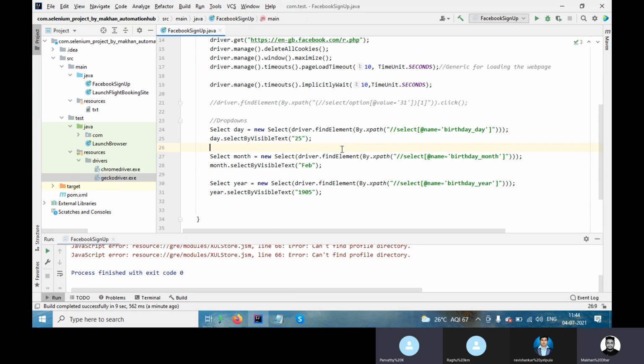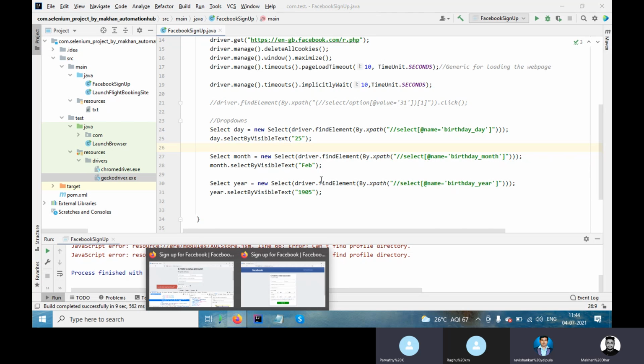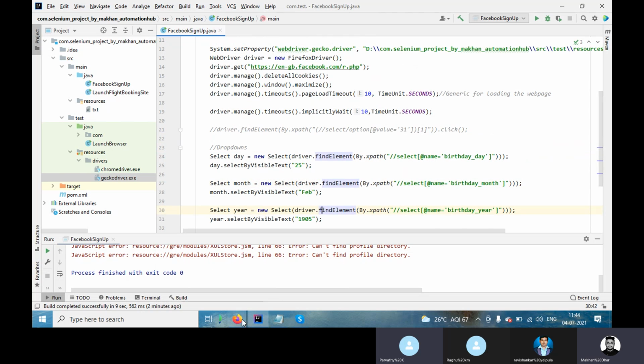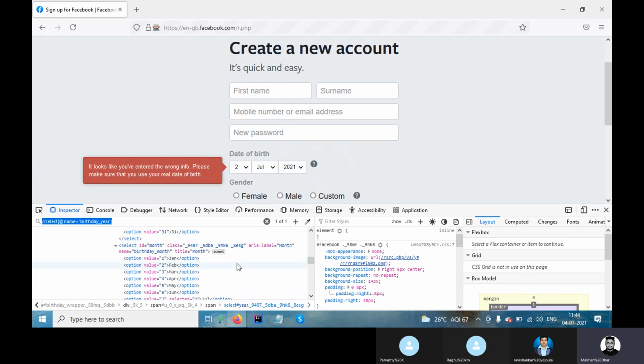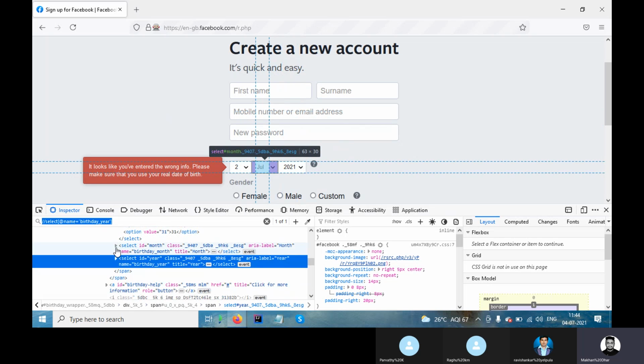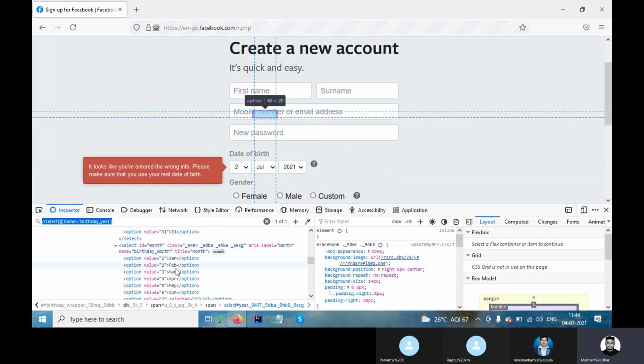So the same thing would work even with the flight booking website also, right? The website which we saw yesterday, you might remember, I was trying to get the list.